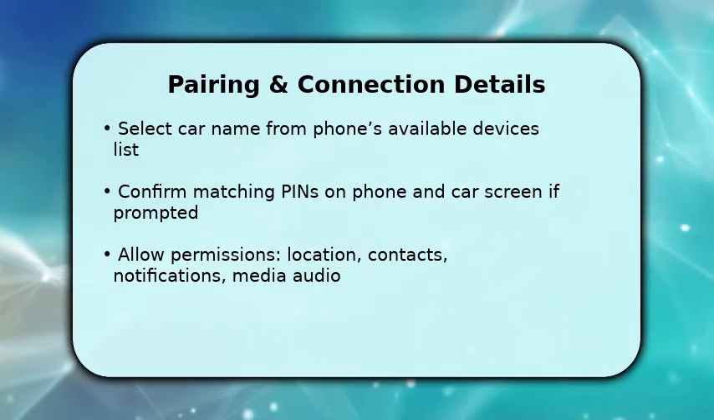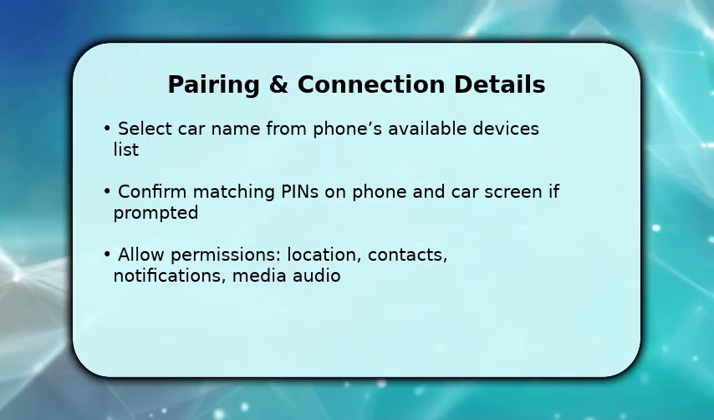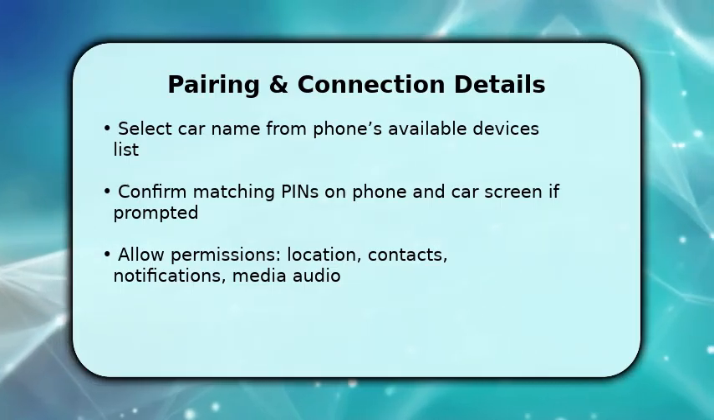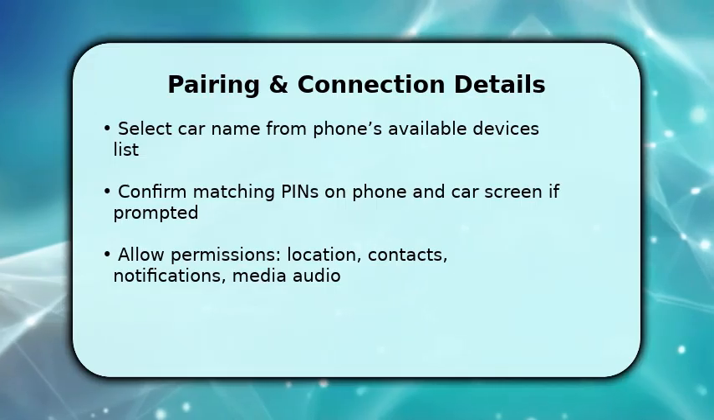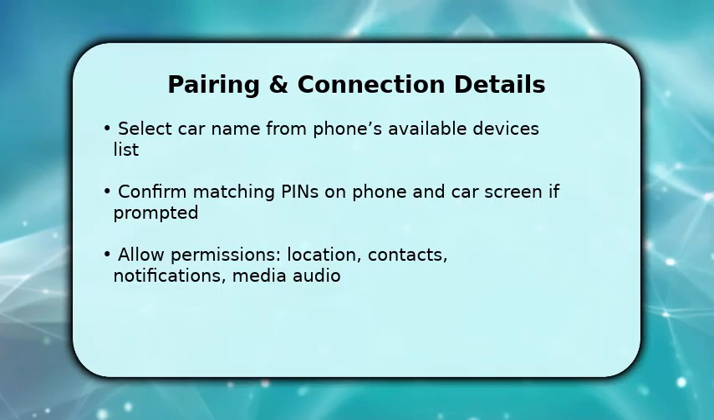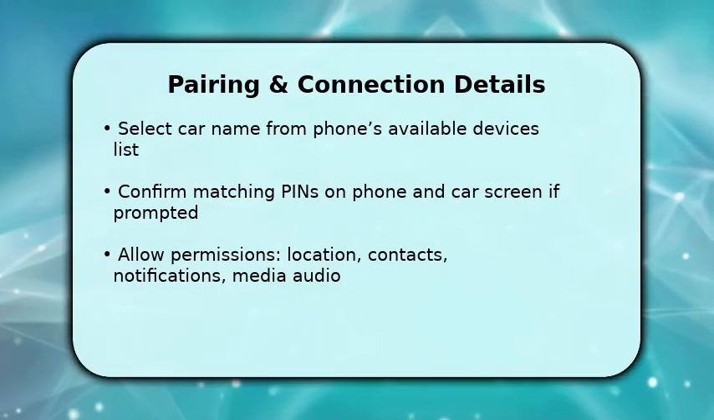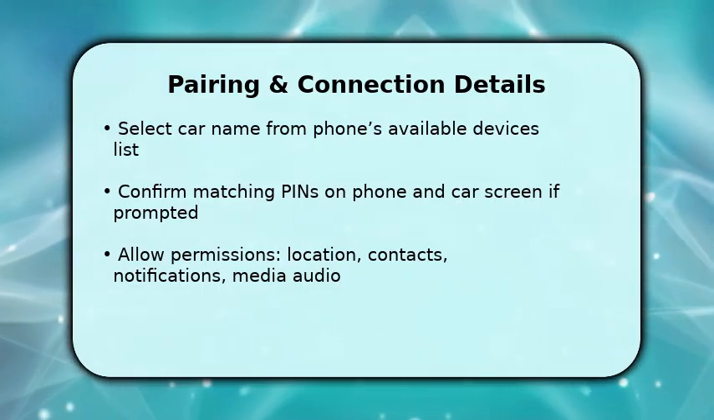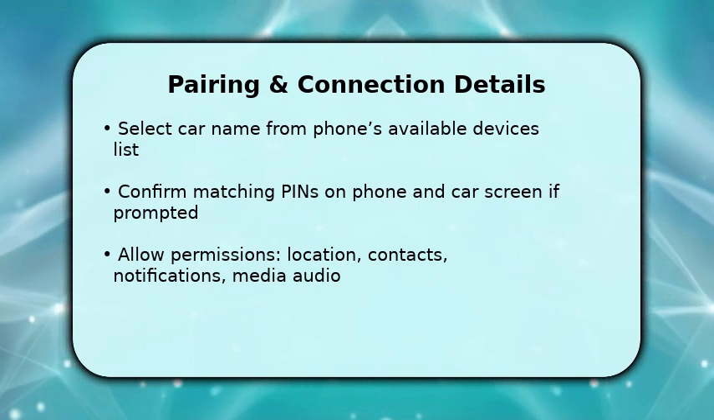After pairing, grant the requested permissions. Android Auto needs location and media access to function properly and contacts for voice calls. Make sure your phone's Wi-Fi remains enabled. Android Auto then shifts the data stream to Wi-Fi Direct for higher bandwidth and stable audio, so the interface loads